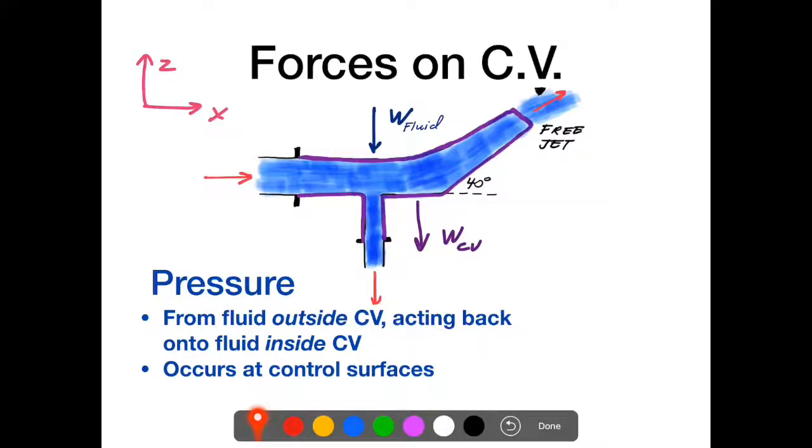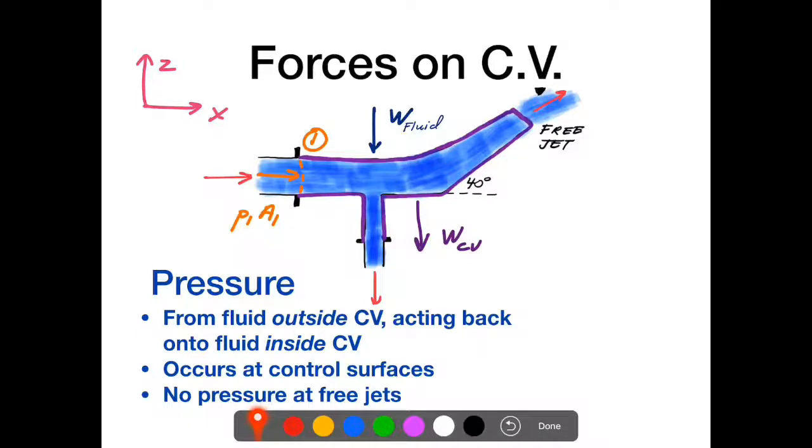Anywhere you have fluid that is cut for your control volume, which would be here and here, basically the control surfaces, where fluid is fluxing in and out of the control volume, that's where you would have to consider this force. And again, no pressure at free jets if we're working in gauge pressures, which we generally do for these kinds of problems. So if you want to write those in, for the number one cross section here, we would have